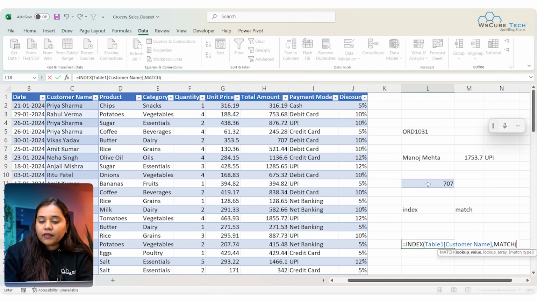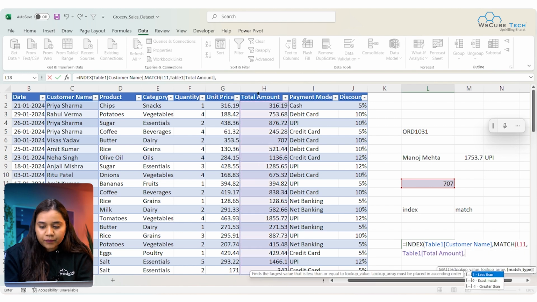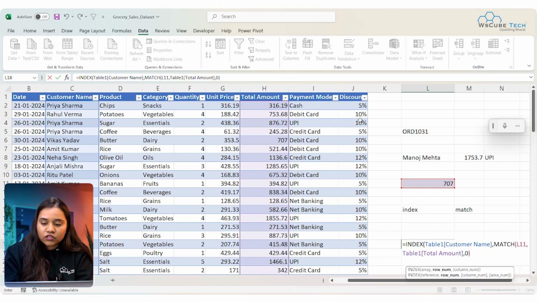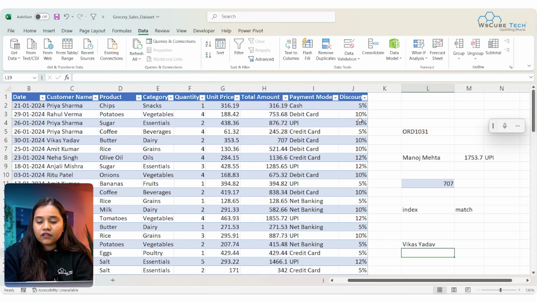And here in the match, it's asking for a lookup value. So this is my lookup value. Where is my lookup array? It would be our total amount here. Comma, do we want the exact match? Yes, we want the exact match. Close the bracket, close another bracket as well. Make sure you have closed all the brackets, press enter, and you will be getting name without even manually putting